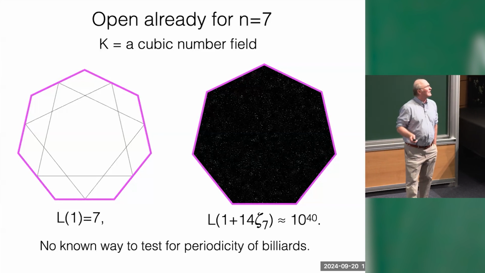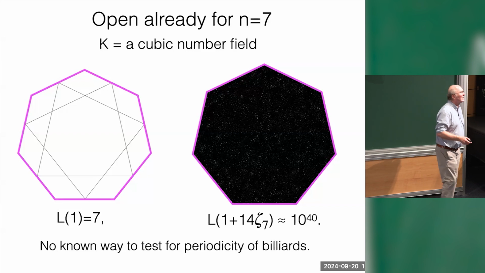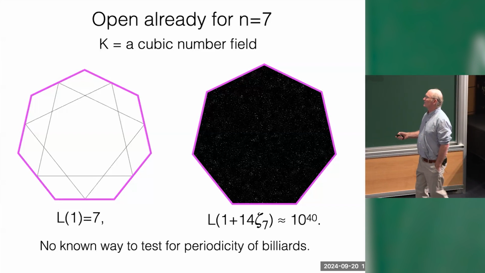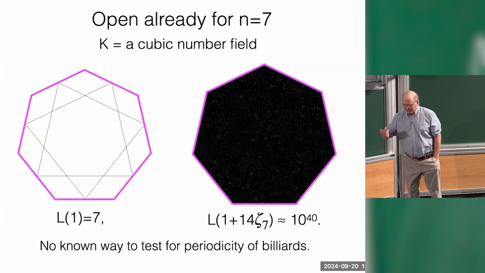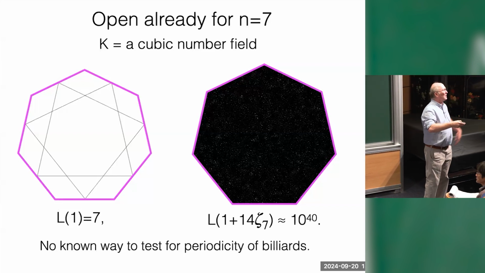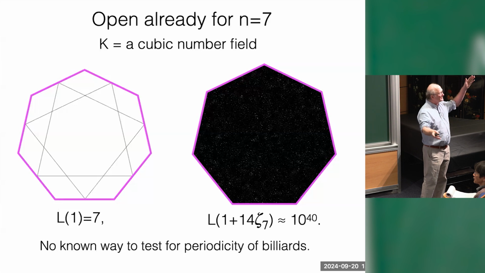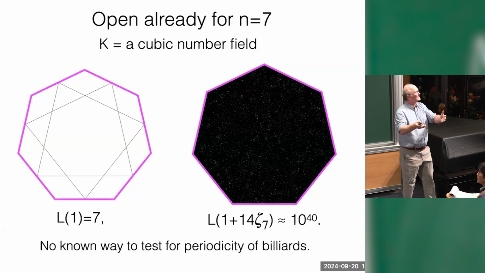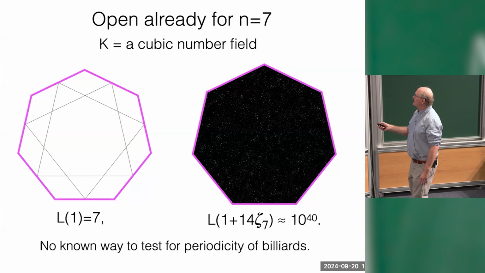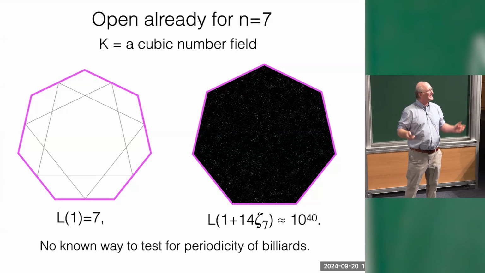Yes? The length of the continued fraction was not 10 to the 40. You would not have computed that, right? The length of the continued fraction is not 10 to the 40. So remember, the Fibonacci numbers grow exponentially fast, and they're related to 1 over 1 plus 1 over, right? So you go n terms and you get the nth Fibonacci number, which is exponentially large, like e to the n. So the length of the continued fraction is 40, shall we say.